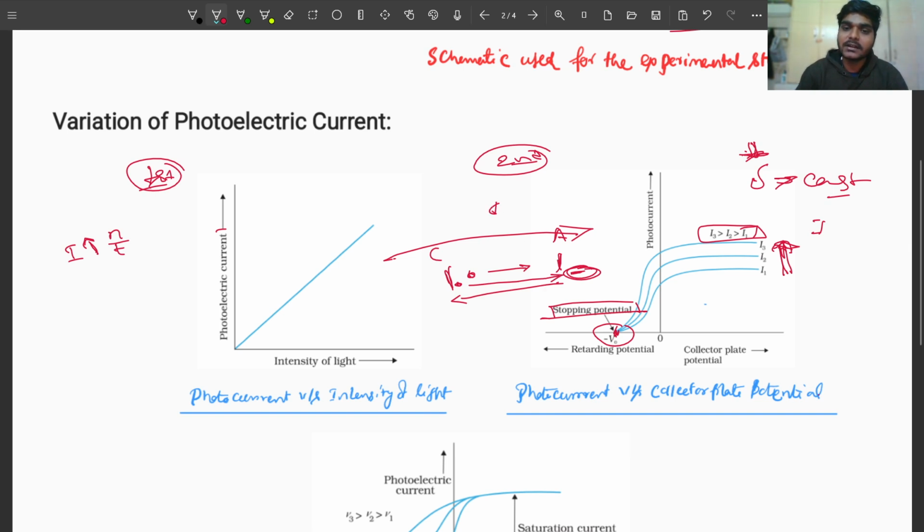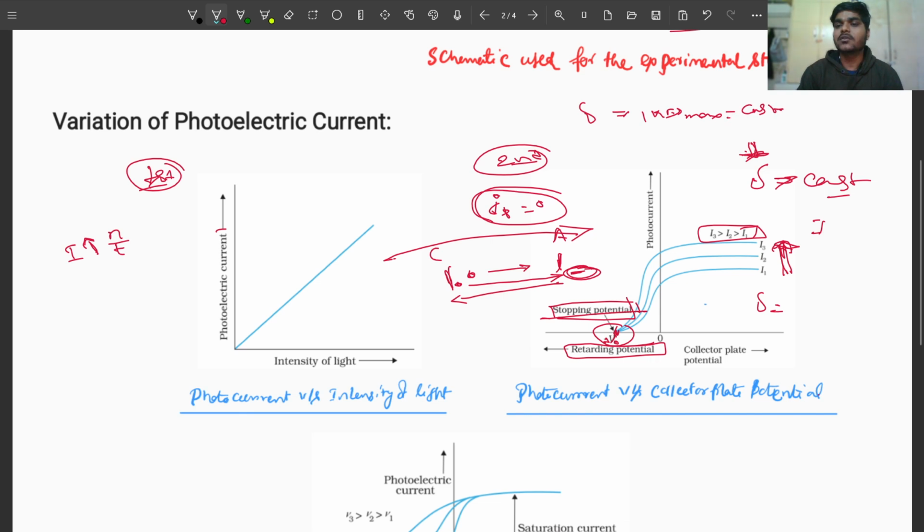I mean the photocurrent becomes 0. So whenever we apply the maximum retarding potential, the photocurrent will be 0, and this is known as the stopping potential. Okay, so the stopping potential is denoted as minus V0. As we keep the frequency constant, the stopping potential is also constant, because for a certain frequency the maximum kinetic energy of the electrons will also be constant, there will be no change. So to stop the maximum kinetic energy of the electron, you need a